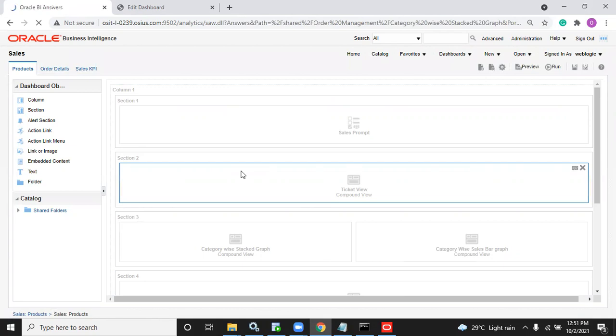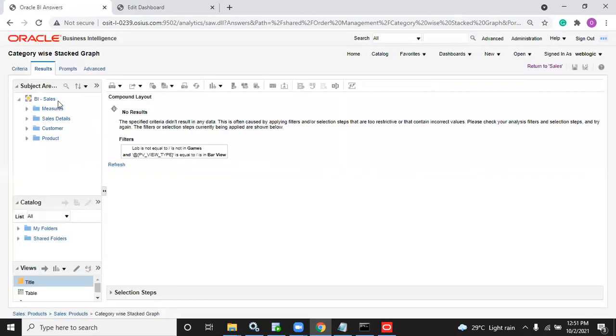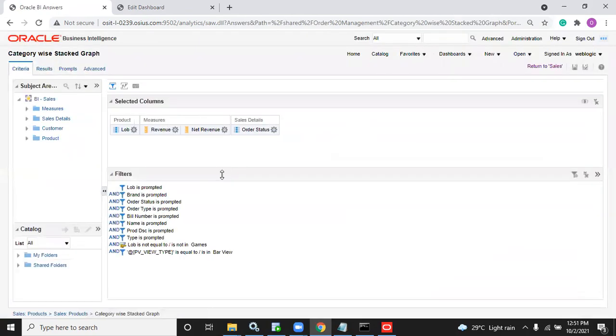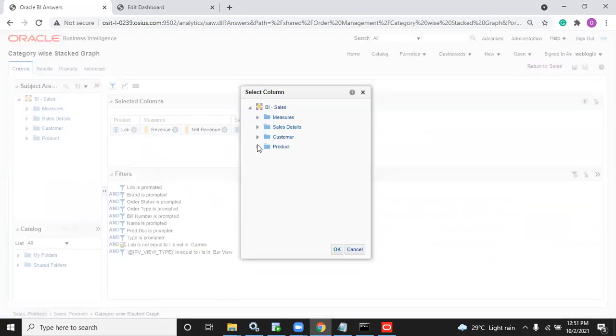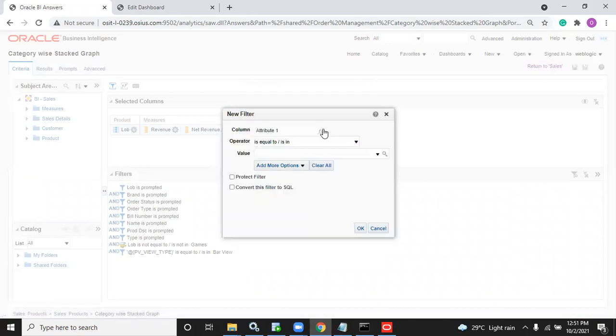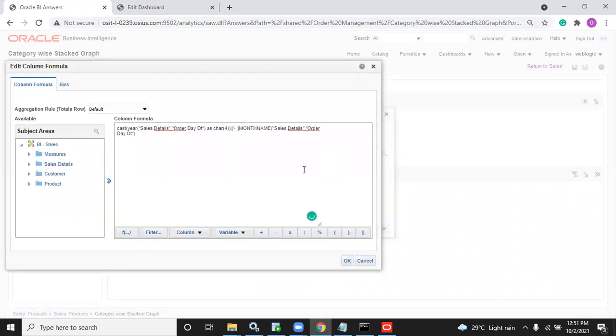Why? Because this is not a column. You have written a function. The same function you should pass is prompted to report also. Go here. More columns. Any one of the column you can select. It's up to you. And inside edit formula, we can change that. Even if, for example, M is here you written in smaller case, but in prompt you written capital letter, whatever the value you selected, it will not filter. That's the reason what you written there, just copy and paste.